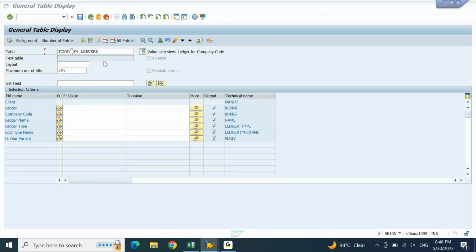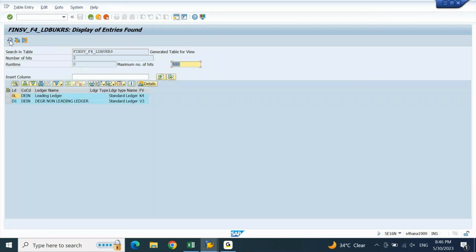I am going to pass our company code, which is DEIN, and then click on execute. When I click on execute, I am able to see two ledgers here. My company code DEIN is used in the leading ledger and in the non-leading ledger.